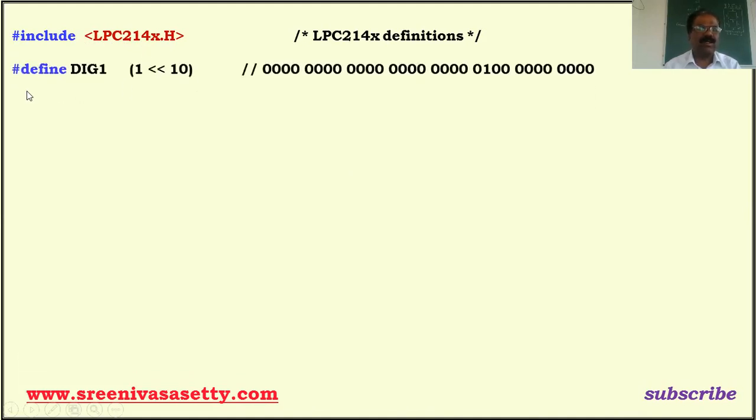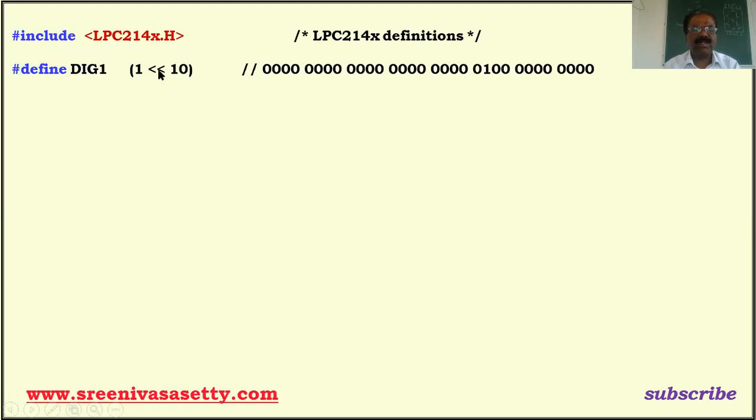Now here, #define digit 1 shifted left how many times? 10 times. If you write this statement, the 10th position is high and the remaining bits are 0. So digit 1 is nothing but this.